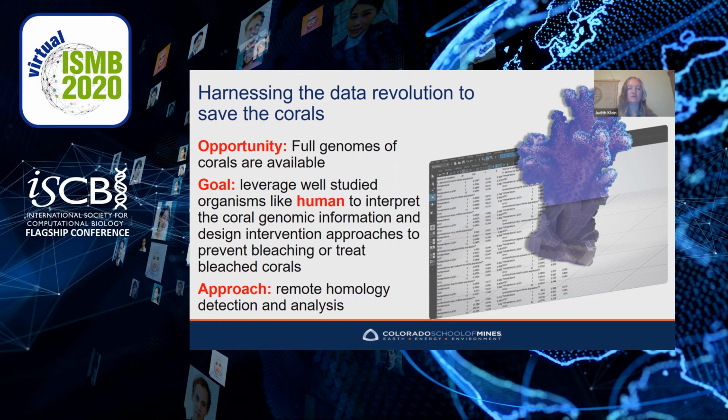corals. We have an enormous opportunity provided by the availability of large data, especially full genomes. But the challenge is, how do we interpret this massive amount of data? Here we want to leverage well-studied organisms, such as human, to interpret the coral genomic information. In the long term, we wish to use this information to design intervention approaches to prevent bleaching or to treat